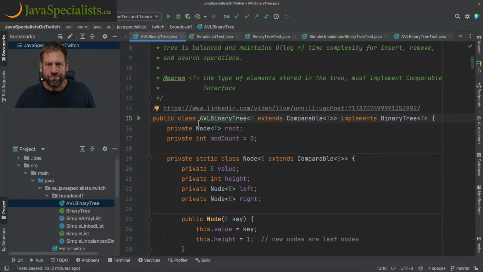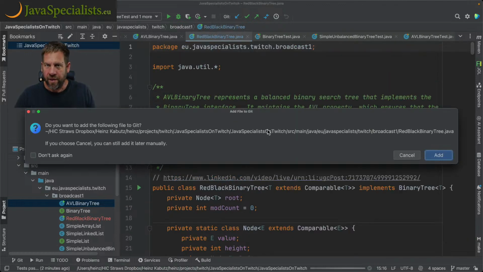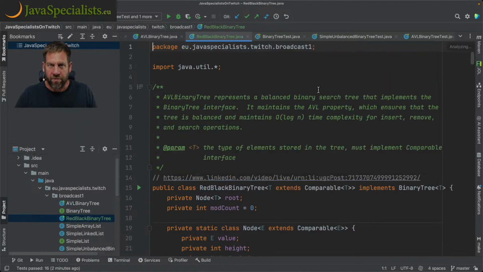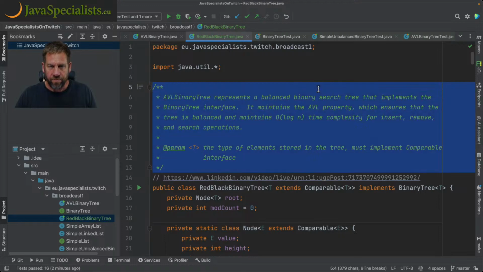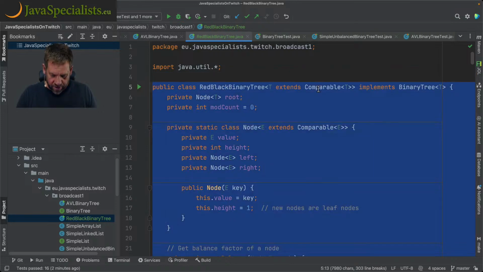So how are we going to do this? Let's do the following. Let's copy this to a new class called RedBlackTree. And then we'll ask ChatGPT to convert it to a red-black tree. And let's get rid of the comment because it's not going to be correct anymore, and also this as well. And I'm going to select all of this code over here, and I'm going to say